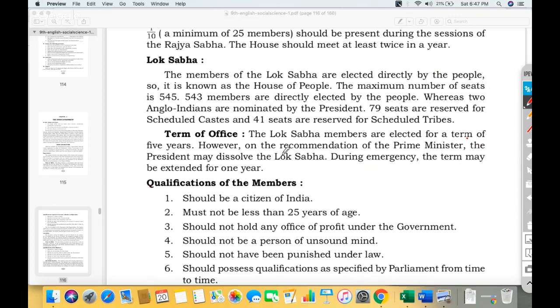Now, what are the different qualifications of the members of Lok Sabha? They should be citizens of India. They must be of 25 years of age, not less than 25 years. So remember, for Lok Sabha and Rajya Sabha, age-wise, this is 25, this is 30. Then they should not hold an office of profit under government. So generally government servants, IAS, IPS, all these people cannot be